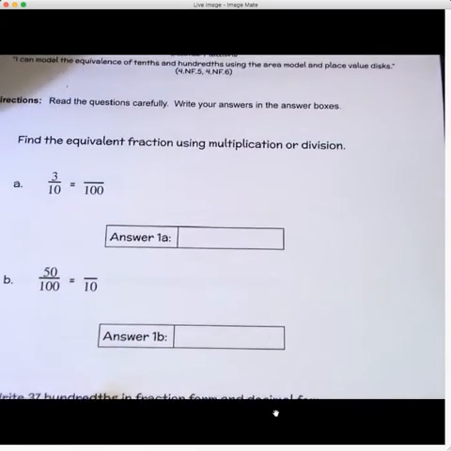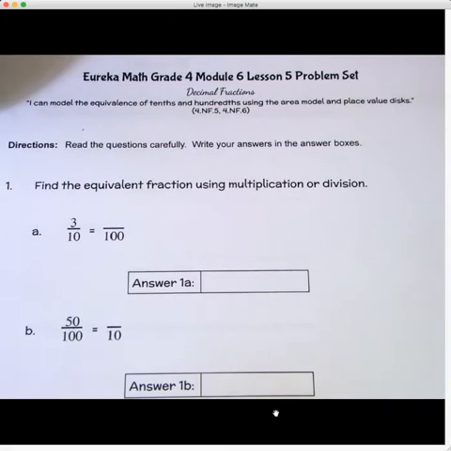All right, let's finish this Friday off with work looking at an assignment. I think this one is the easiest one we've done this week, except maybe the first one when we started learning about decimals. So this one says I can model the equivalent of tenths and hundredths using the area model